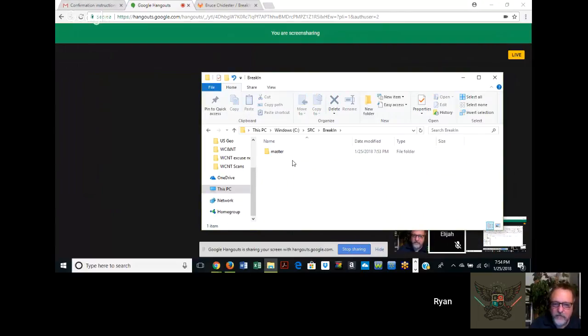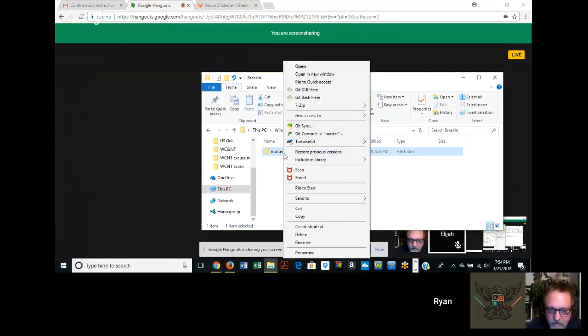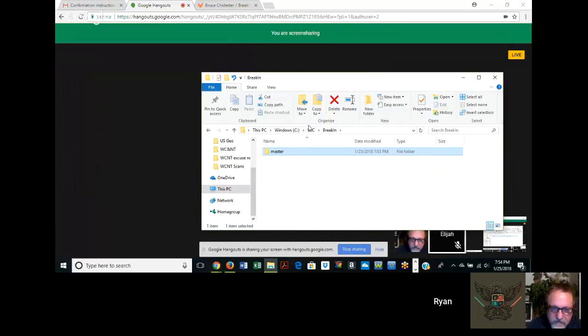Now if you right mouse button click on it, it knows it's a Git repository, a special directory. So you can say git sync. It should tell you that sync is all done.